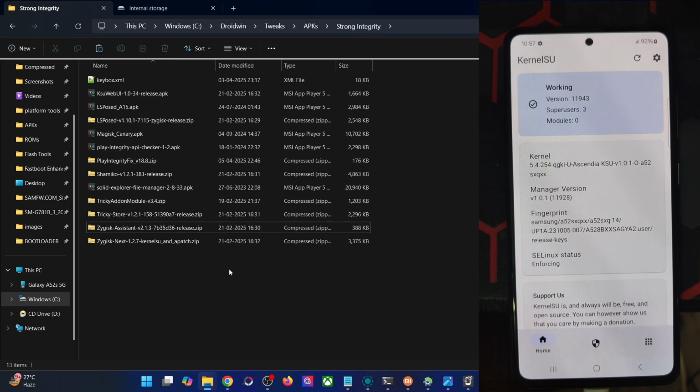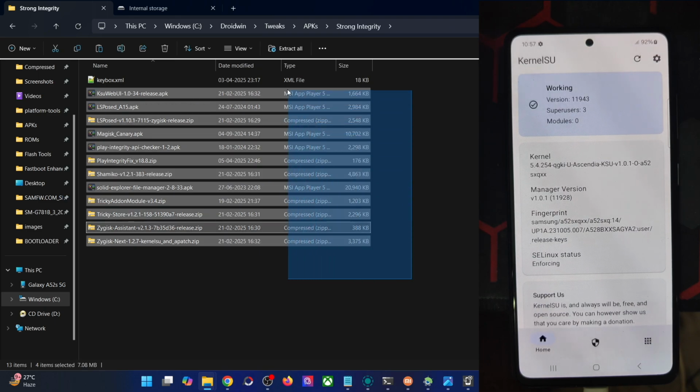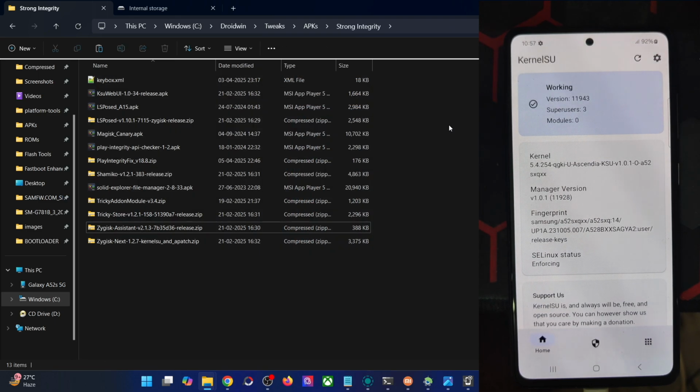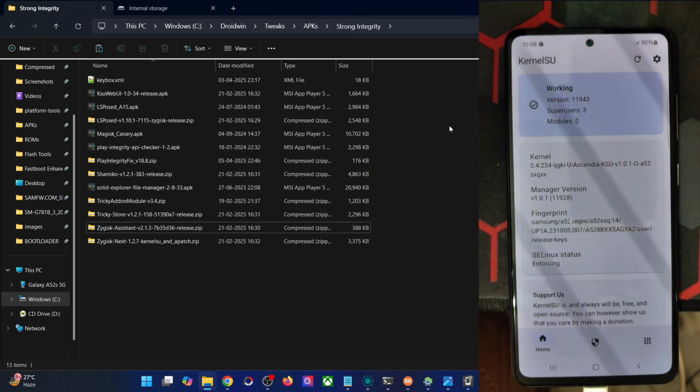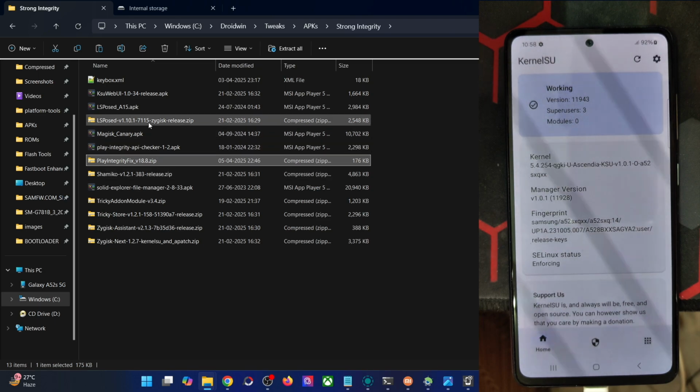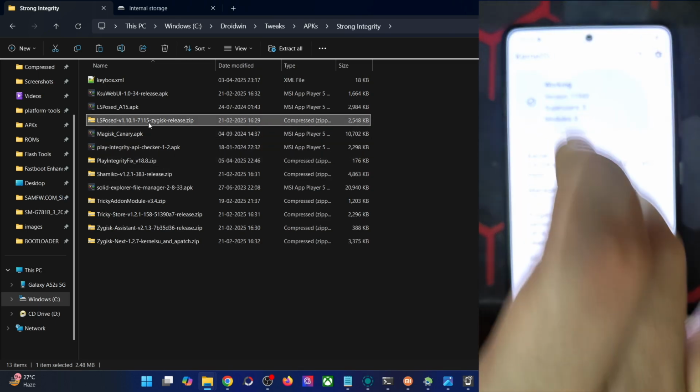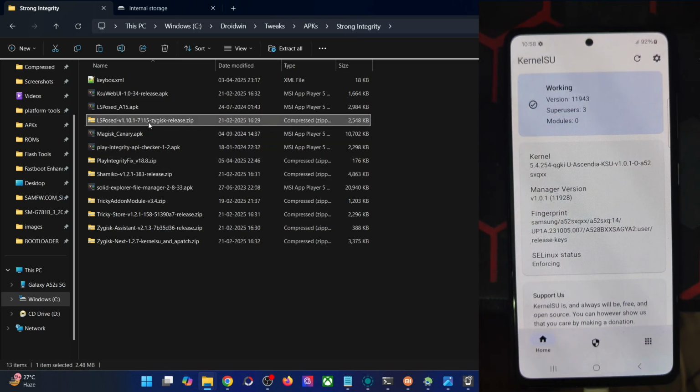Now guys, let me show you how to flash a module using KernelSU. Regarding the flashing of modules, let's take an example. One more important thing: by default Zygisk is not there in KernelSU. In case of Magisk, you have an inbuilt Zygisk, but that is not the case with KernelSU. If you want Zygisk, because modules such as PlayIntegrityFix or the LSPosed framework all require Zygisk, but since KernelSU does not have Zygisk, these modules will not work on your phone.